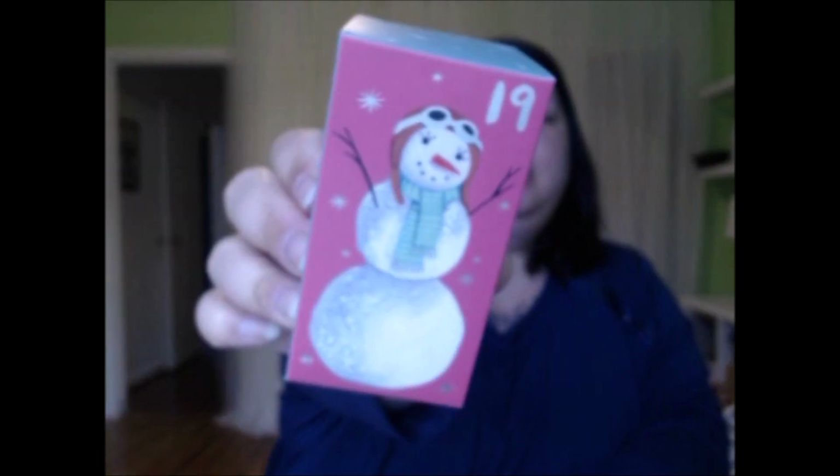Here you are, right? 19? Yes. Okay. Day 19. And the front of this has a snowman with aviator goggles because why not? The fact for today is Rosa Parks. Rosa Parks became known as the mother of the freedom movement in the United States after she refused to give up her seat on a bus to a white passenger in 1955. I found a typo. It says Rosa Parks become,